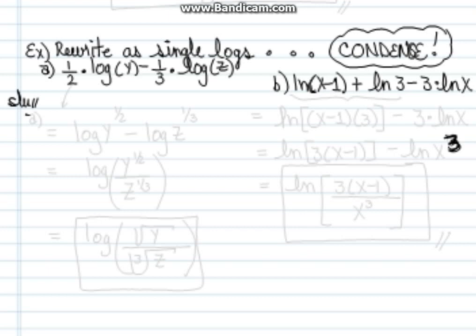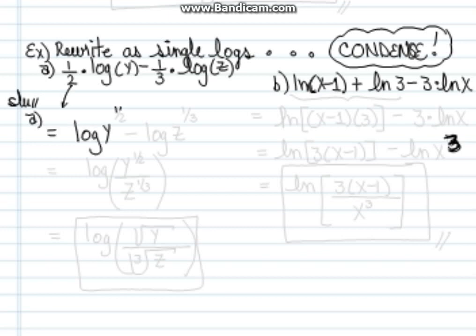Okay, so part A, we have 1/2 times the log base invisible 10, the common logarithm, of the number y, minus 1/3 times log base 10 of the number z. The first thing I'm going to do for each of those terms being subtracted is take the 1/2 in the front and the 1/3 in the front and make them exponents on the number parts. So this equals